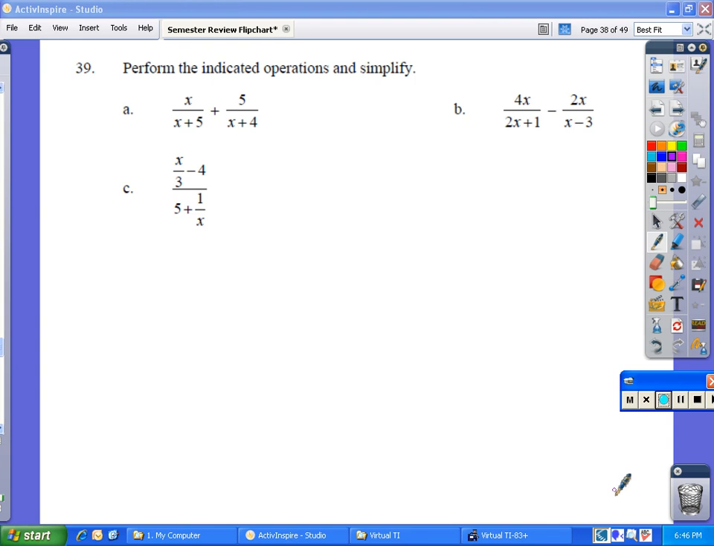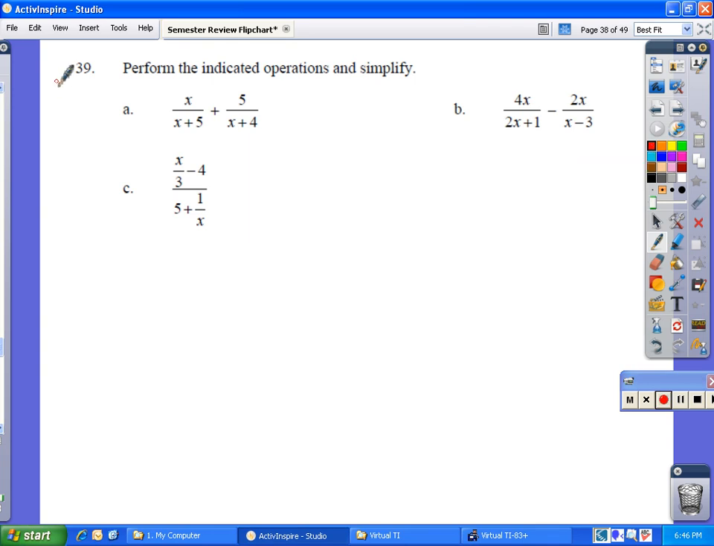Number 39, we're asked to perform the indicated operations and simplify. This is from our rational expressions unit. In part A, we have an addition problem. Notice that with fractions, you cannot add them unless they have a common denominator. So the first thing that we need to do is find a least common denominator in order to move forward